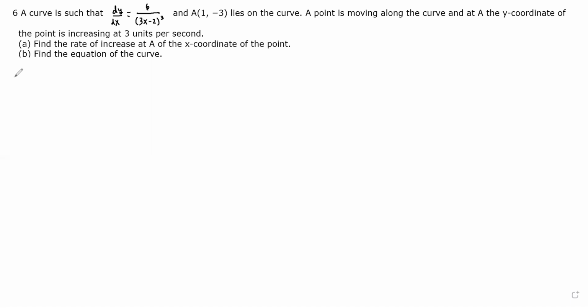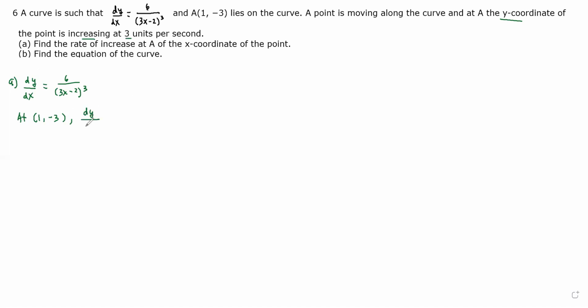We have the rate of change dy/dx equals 6 over (3x minus 2) to the 3. And at point A with coordinates (1, -3), the y coordinate is increasing at 3 units per second,